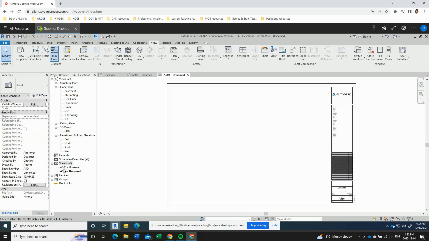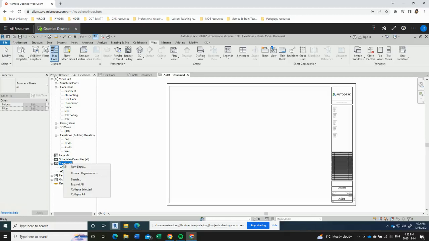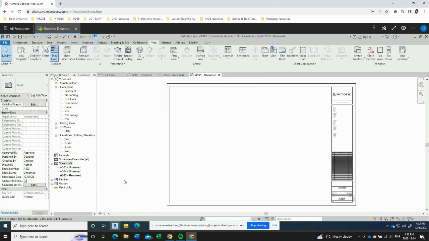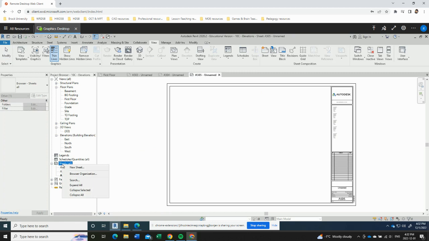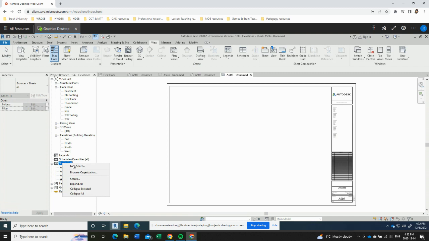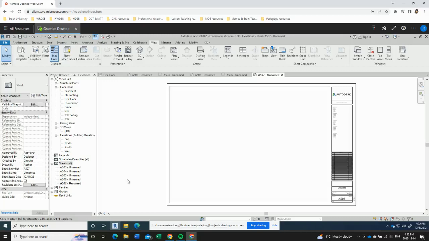Now we can see down here in our sheets category, we've got 2 started. And for our drawing package, we're going to have a total of 5 sheets. So we can add a few more a little more quickly by right-clicking on sheets, and in this pop-up menu, we're going to say new sheet, and we'll just click OK because we want them all to be the D size sheet, and we'll keep going through the process of adding a few more. So now we have 5 sheets to work with, and we're going to go through what each one is used